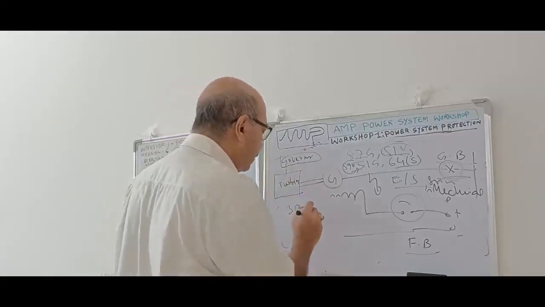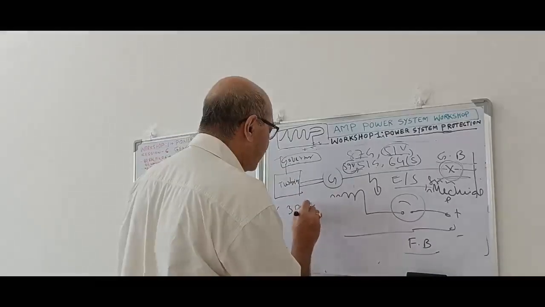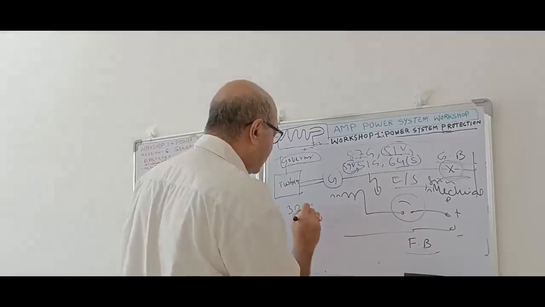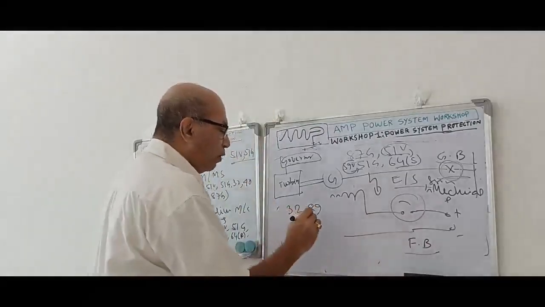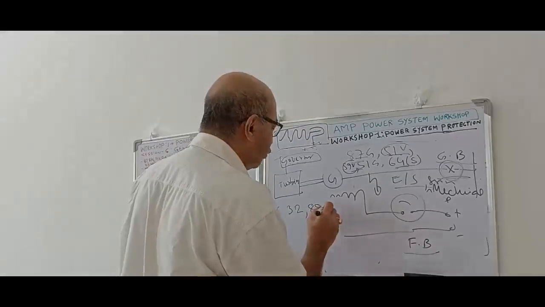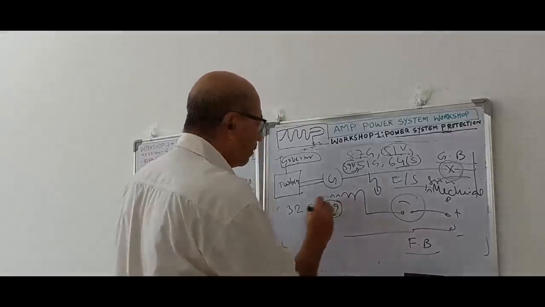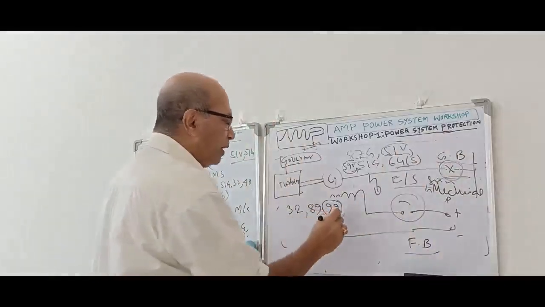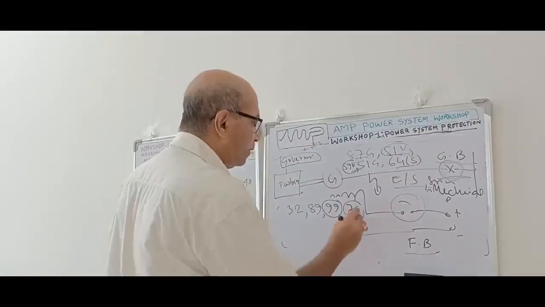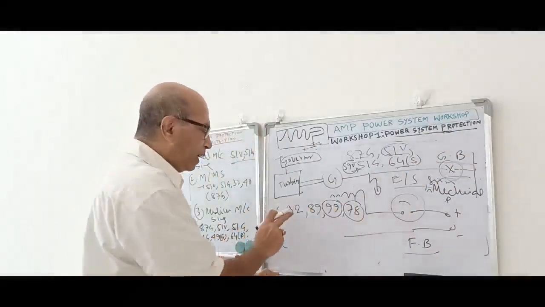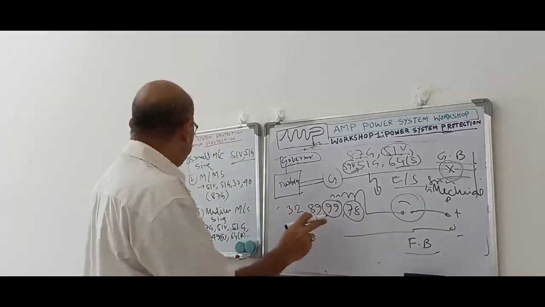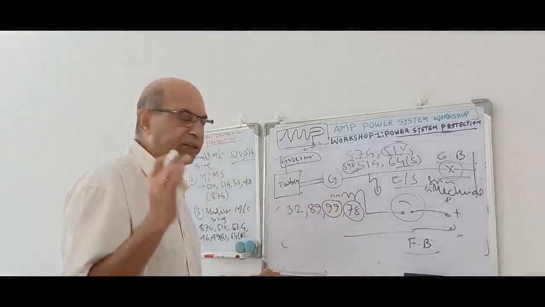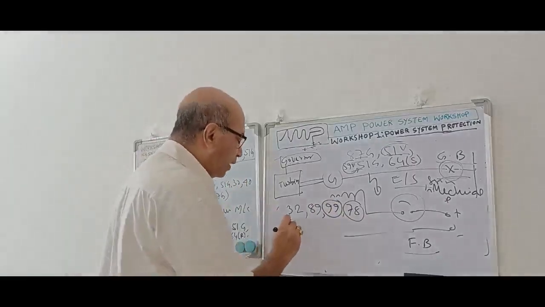Then suppose there is an under frequency, 81, or there is overfluxing, 99. Overfluxing happens due to generator breaker tripping or over excitation. Then pole slipping, 78. If this 32, 89, 78, 99, or some minor mechanical issues, which are not very serious,